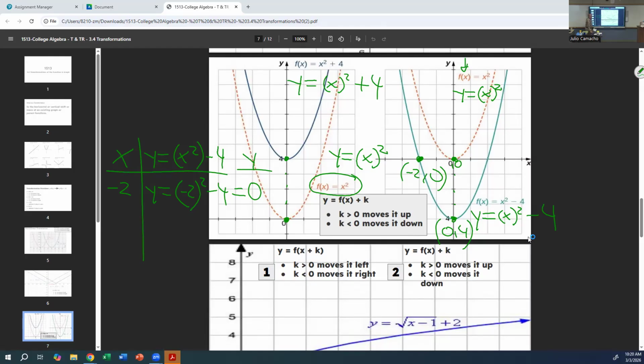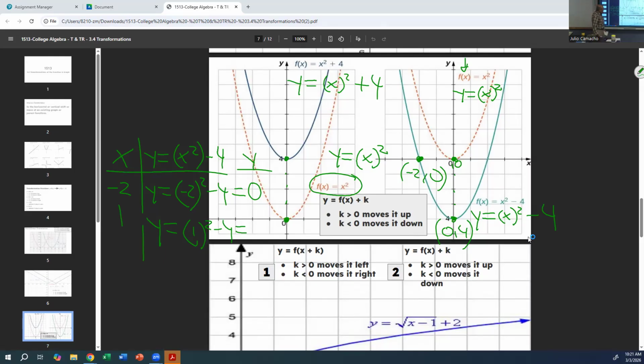Now, pick a number to the right. Any number close to 0. Close to 0? Uh-huh. 1, perfect. So you have positive 1. Let me do 1. So you have y is equal to 1 squared minus 4. The 1 to the second power is 1, minus 4,